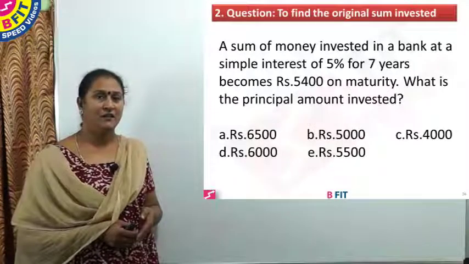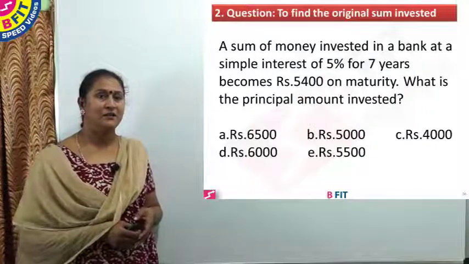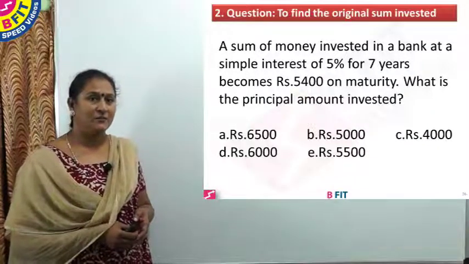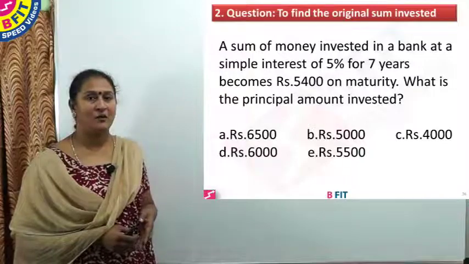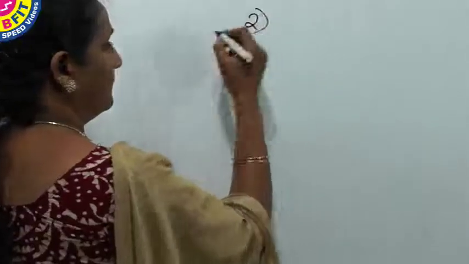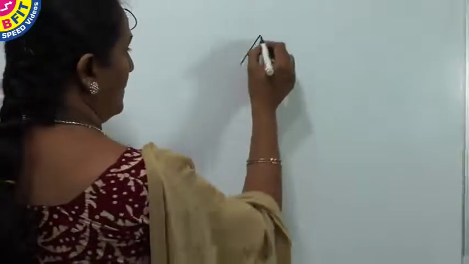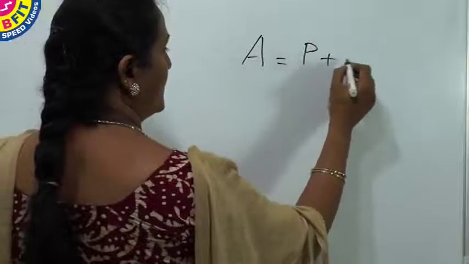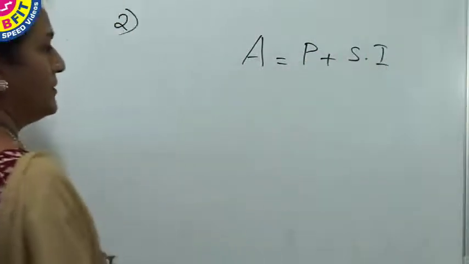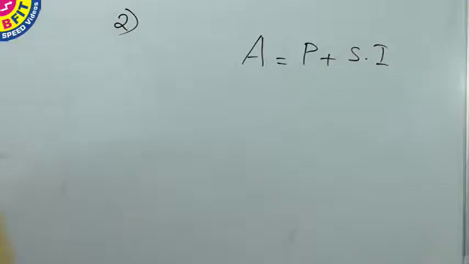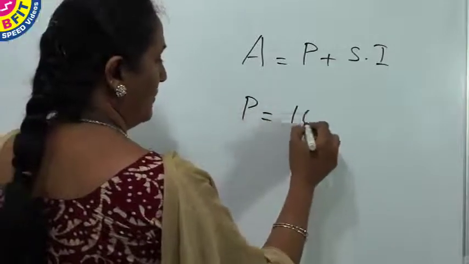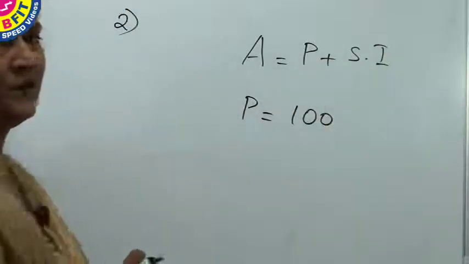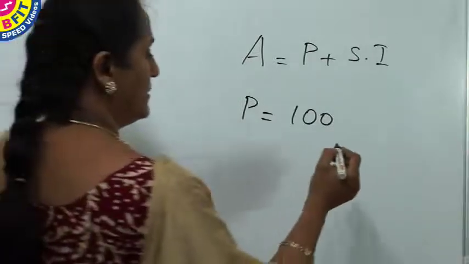A sum of money invested in a bank at a simple interest of 5% for 7 years becomes rupees 5,400 on maturity. What is the principal amount invested? So here the amount is given, where amount equals principal plus the simple interest, and now we are asked to find the sum deposited. To find the sum in terms of the amount, after substituting for simple interest PNR by 100, it is simplified as